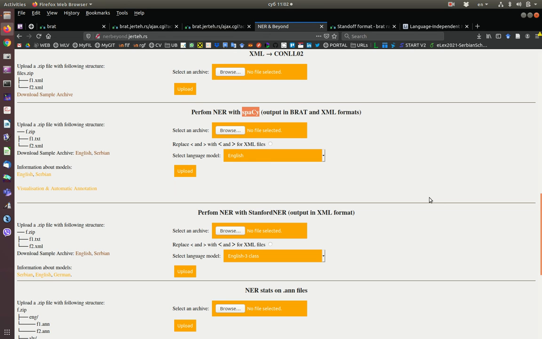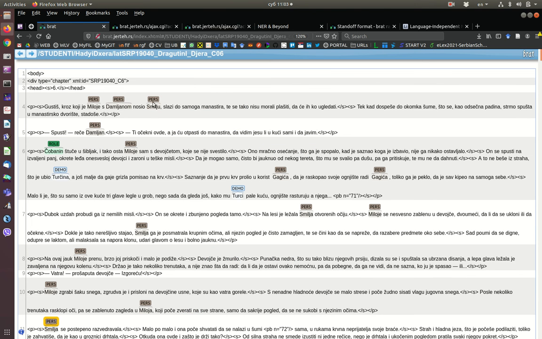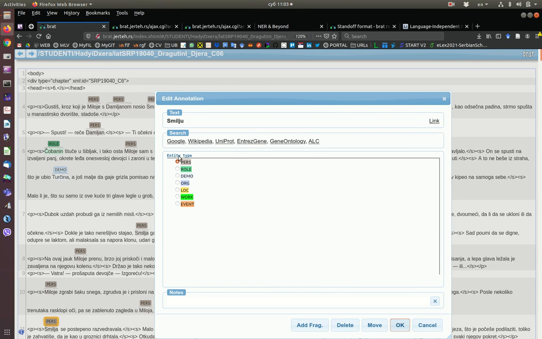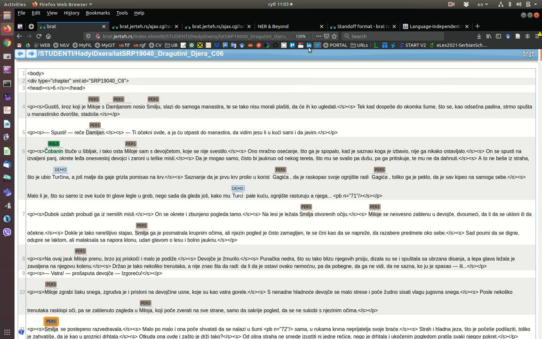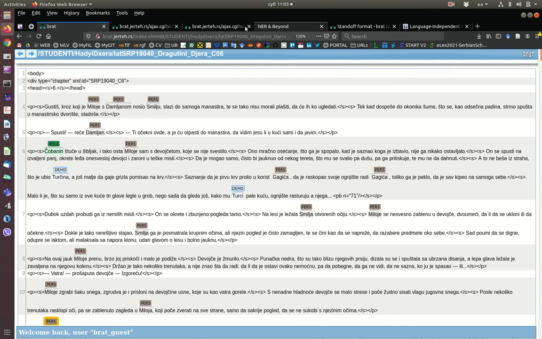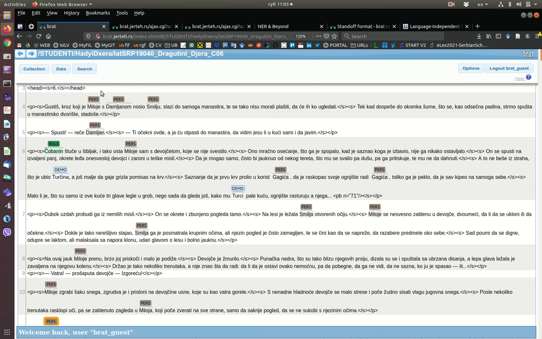Maybe they automatically annotate the same entities, but they just name them differently, or maybe some entities are the same as the entities that were annotated here, and some are totally different. So maybe in case we want to perform any comparison, or in case we want to use this automatic annotation, and in order to put this annotated document